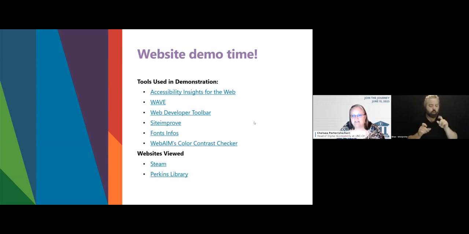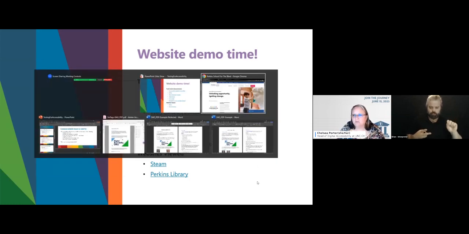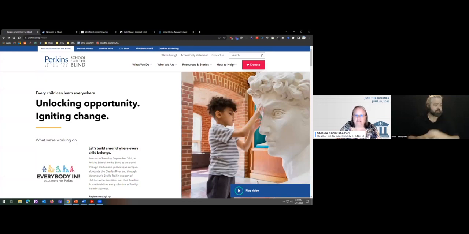On this slide here, I've got some tools that I'm going to be using in this demonstration. So I'll show you what they look like. And we are going to be looking at two websites, Steam and the Perkins Library. Now, as you become more comfortable with testing for digital accessibility, you may find your own process that works for you. This is just my process, how I start when I'm first looking at a website